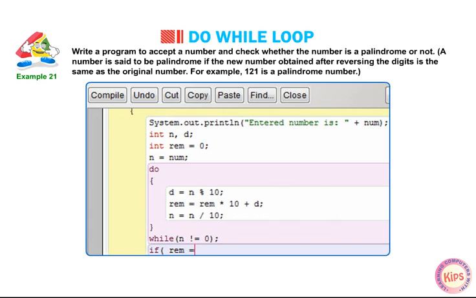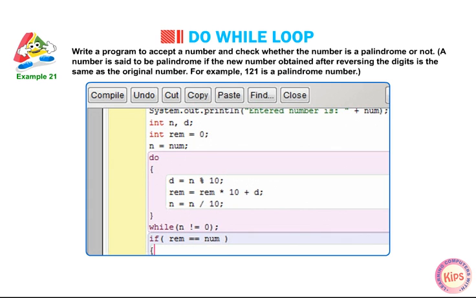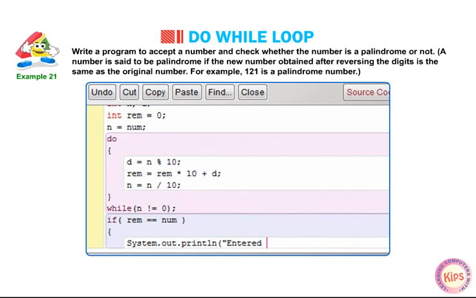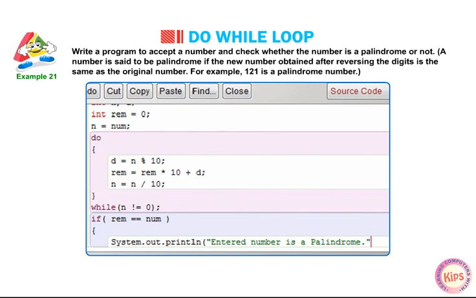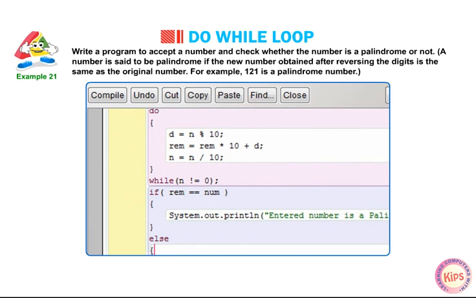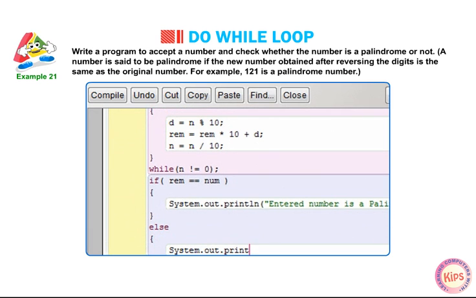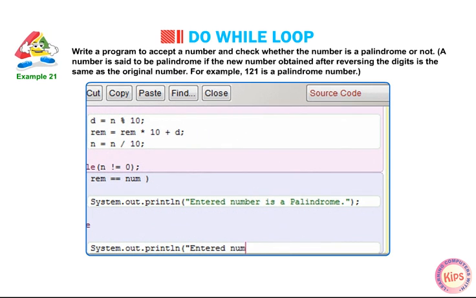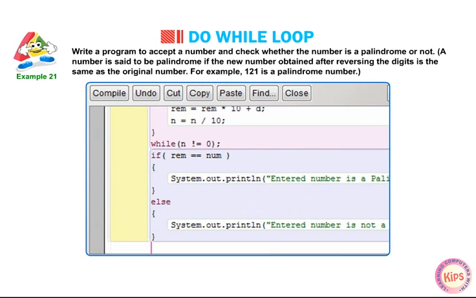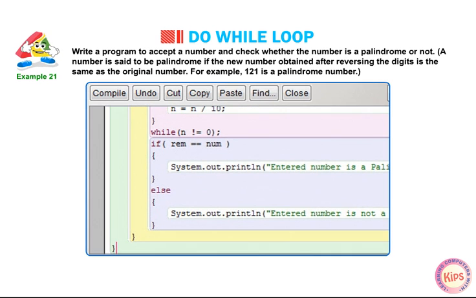if (rem == number) { System.out.println("Entered number is palindrome."); } else { System.out.println("Entered number is not a palindrome."); } } }